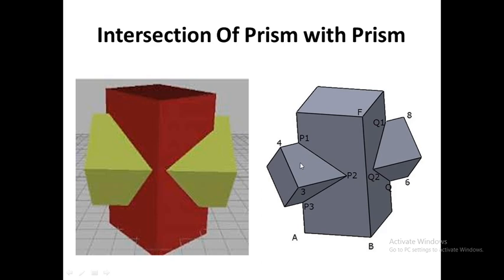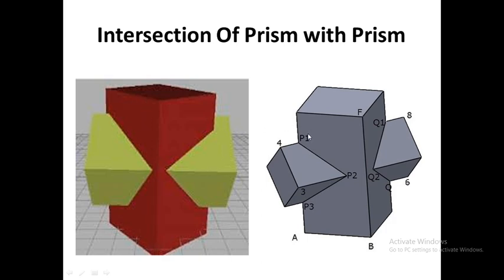Also, when we observe the horizontal prism from the top, you can see again two rectangular faces. First rectangular face is this, whereas the second rectangular face will be lying on the backward side, represented by this side. So the side view of the horizontal square prism will be a square, whereas the top view and the front view will be rectangles of some given length. So in the figure you can see the yellow color prism is a horizontal square prism, whereas the red color prism is a vertical square prism.